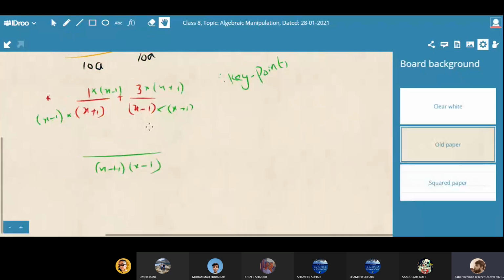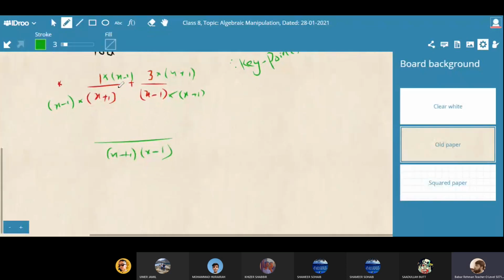Okay, students, now tell me, what is the LCM now? x minus 1 multiplied by 1. So what will be the answer over here? x minus 1. Then a plus sign. Be careful, this is plus 3. Plus 3 we multiply by 4, and then 12. Plus 3 we multiply by plus 1, so it will be plus 3. Now x minus 1 plus 12 plus 11, plus 11 plus 3 is plus 14, and then x plus 1, x minus 1. This is our final answer.